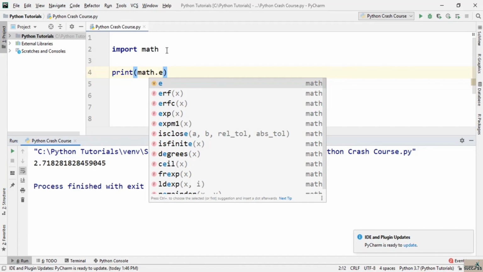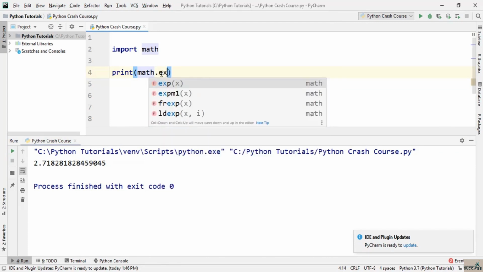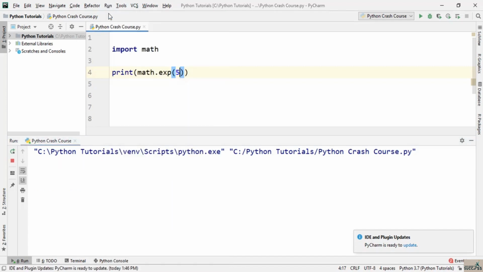Now if you want to find out the value of exponent to the power something, we can use a function known as exp. Let's say you want to find the value of exponent to the power 5. If you execute this whole code, it will calculate the value of exponent to the power 5, which is